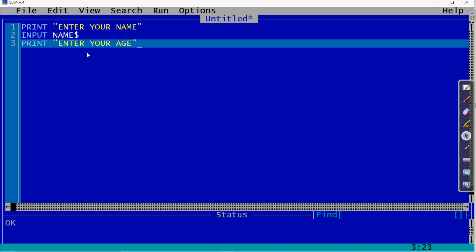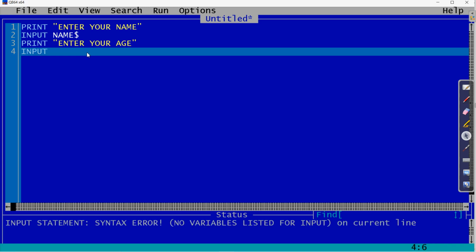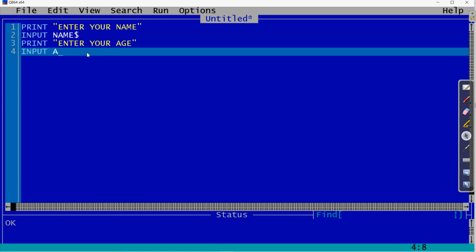So here we have written this, and now take this age and save it in any variable. So here this age is a number, so we can directly use the variable name. Clear? So we have taken name and age.